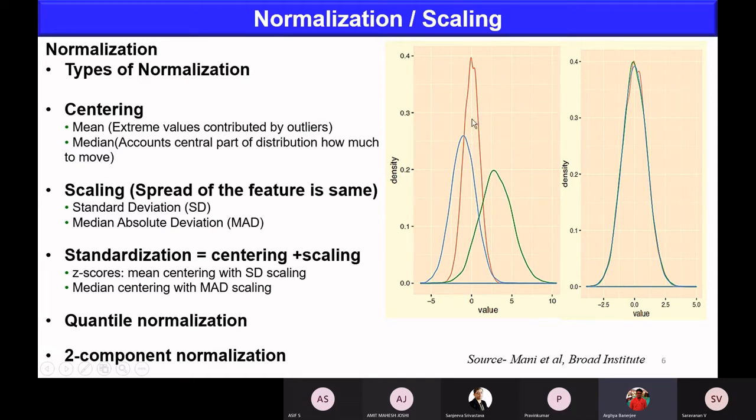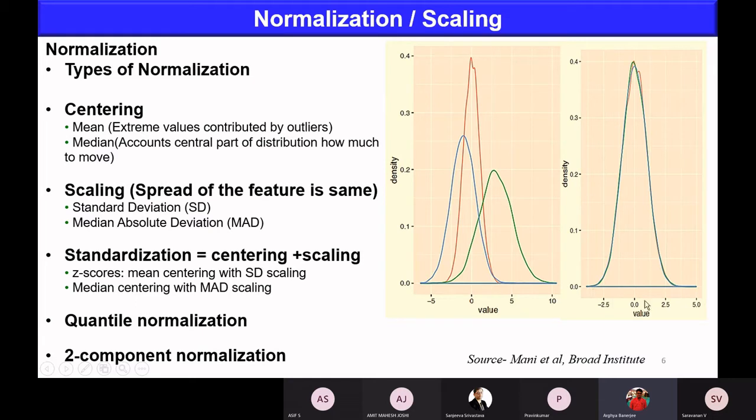But I want to make them into a single line, a single reference, for comparison. So what I can do is scaling with the help of standard deviation, or I can take the median absolute deviation and do the scaling. What is standardization? When you perform centering as well as scaling, that is called standardization.